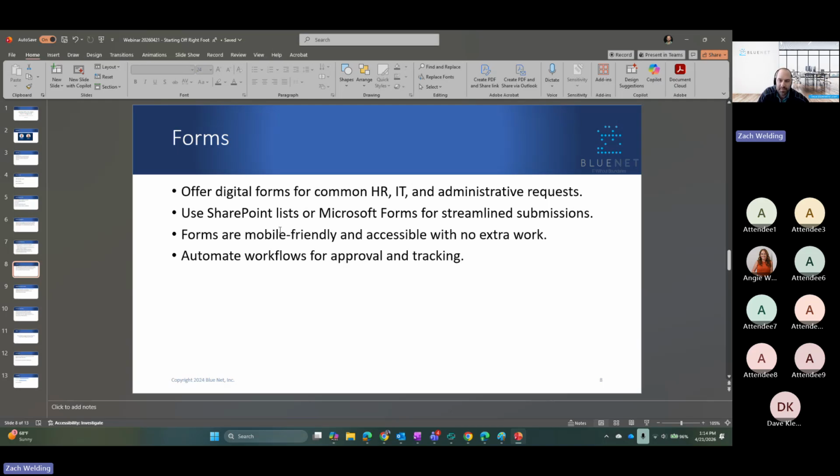Thirdly, forms. Like I mentioned before, rather than just keeping your forms in PDF or Word form, you have lots of opportunity to turn those into digital forms so that people can fill them out online. Our first webinar, I believe, was all about this. So if you have more questions or curiosities about some of the more granular things you can do with forms and automation, I'd suggest going back and watching that webinar. But just as a quick recap,